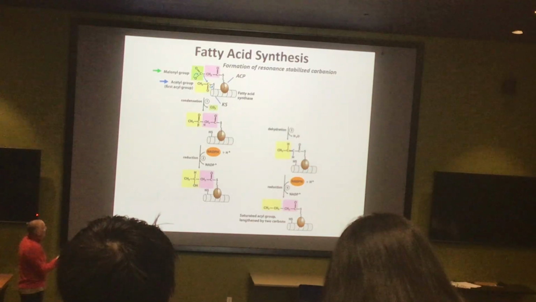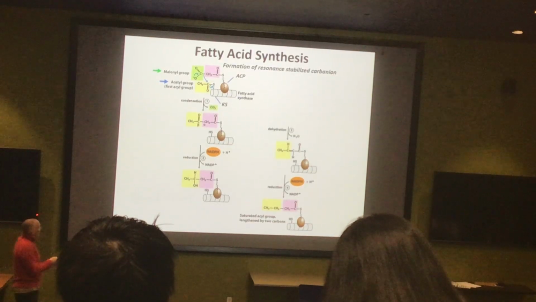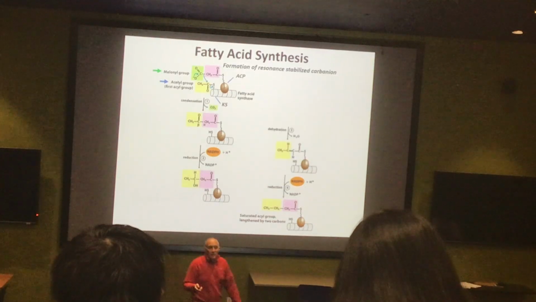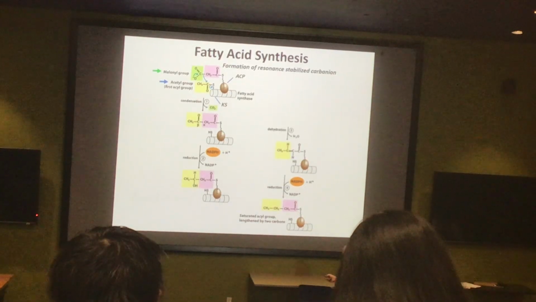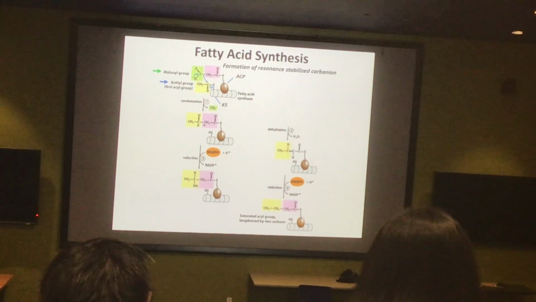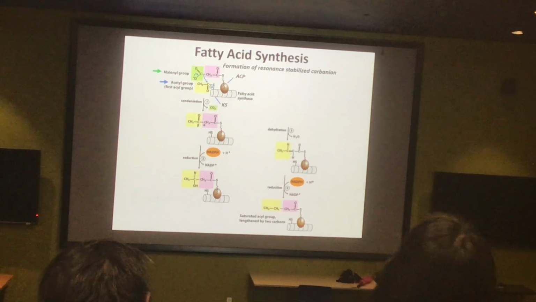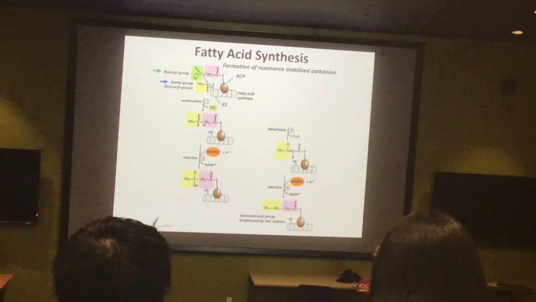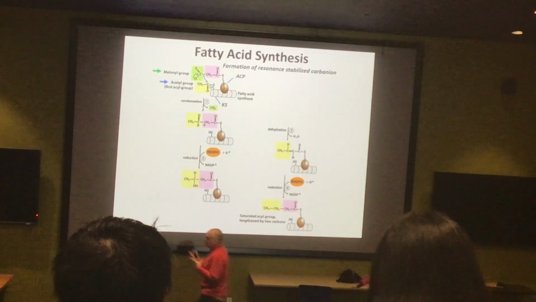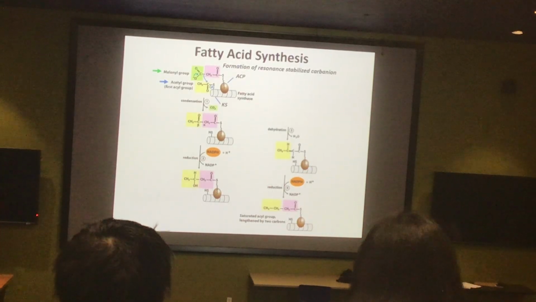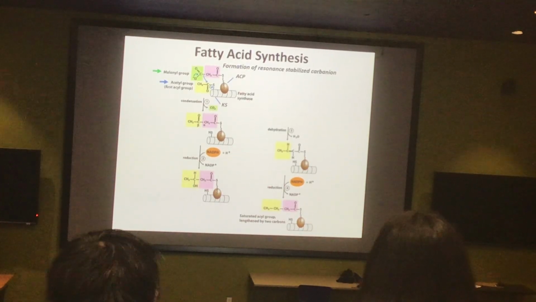At this point now, another domain comes in, and we do our first reduction. Don't worry about what domain that is, we lose that name. Just remember that NADPH is doing the reduction. Then we're going to lose a water. Another domain is going to catalyze the loss of the water. And then another domain, and then now we have our 4-carbon molecule. So this would be considered one pass. Of course, we're not making 4-carbon lipids, right? We're making much larger lipids. So we're going to have to repeat this several times.